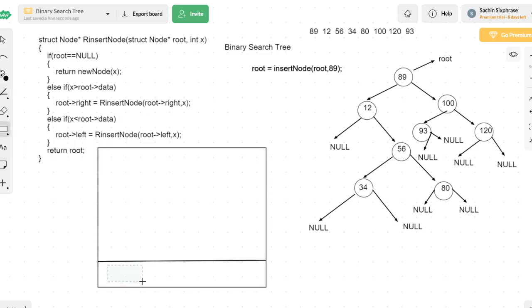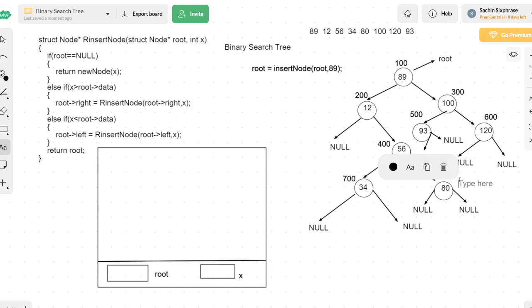For example, we will take an address for every node that we are creating. This is 100, this is 200, this is 300, 56 is a node having address 400, 93 is going to have 500, 120 will be having 600, then 34 will be having 700 and 80 will be having 800. That's it.